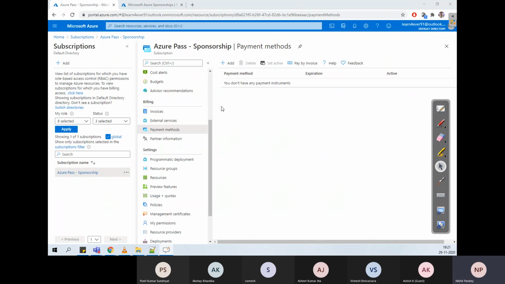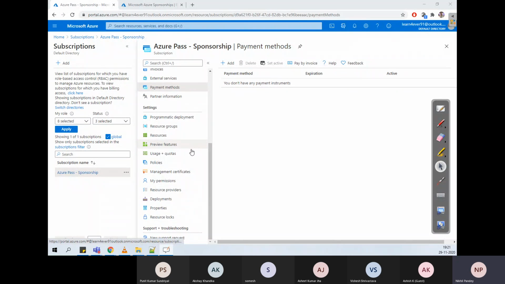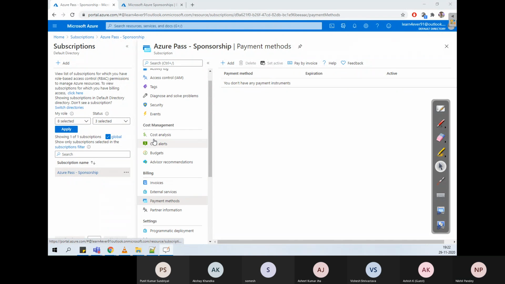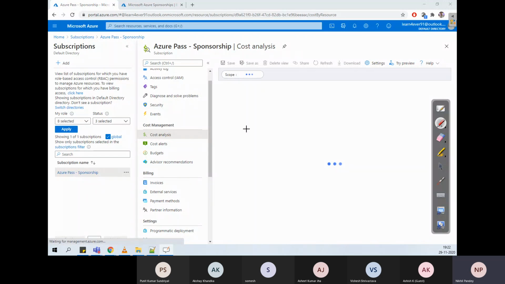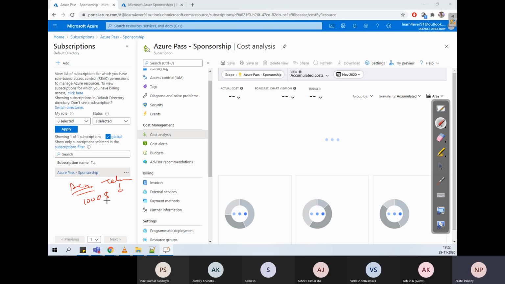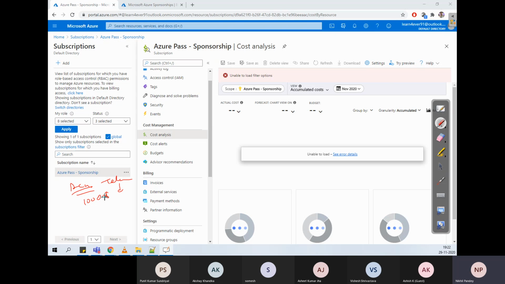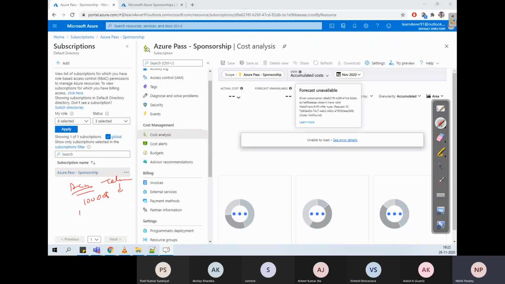Next, when you go to the subscription part, there will be one cost analysis tab. Suppose I have an account or a department like telecom, and in telecom we have a $10,000 bill limit. We can use resources or quota, like I can build up to 100 VMs and up to 100 terabytes of storage. So when I go to the subscription option for telecom and go to cost analysis,